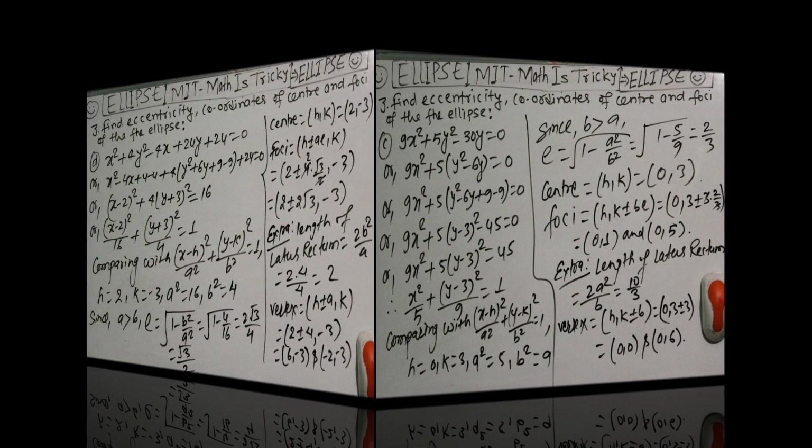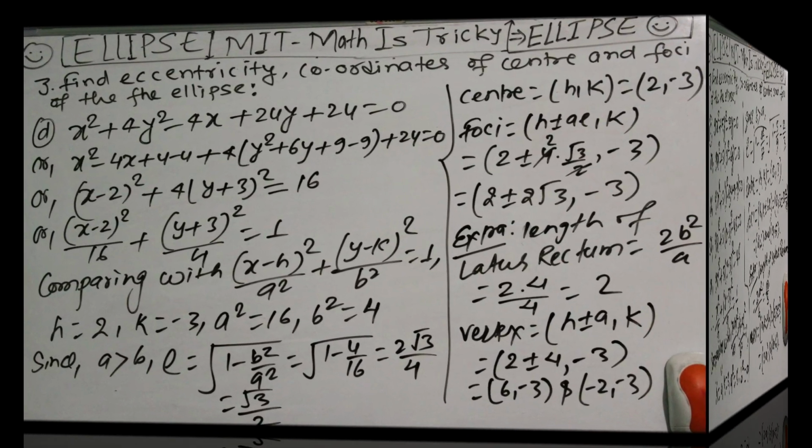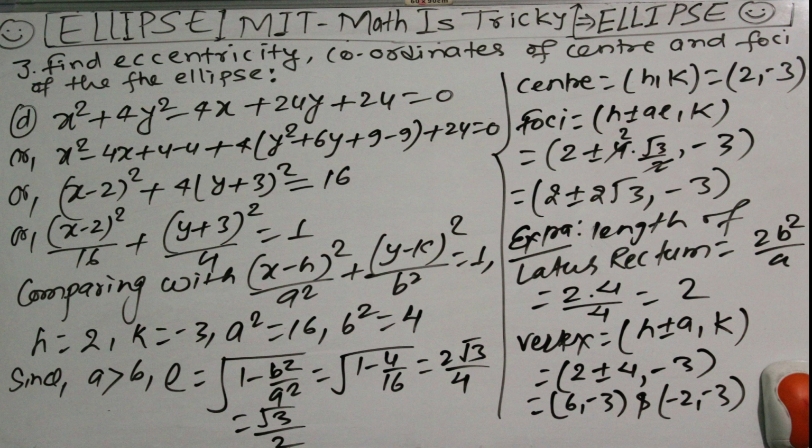Now let's see question number 3d. The equation of ellipse is given here as x square plus 4y square minus 4x plus 24y plus 24 equals 0. So let's express the terms containing x and y as x minus h whole square and y minus k whole square, and then by adding or subtracting a number. So on simplification we'll get here, just putting plus 4 and minus 4,